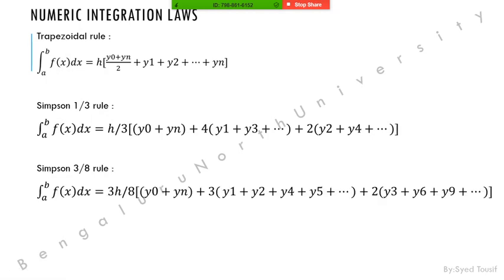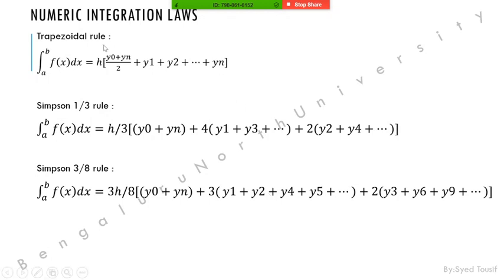And when we come to Simpson 3/8 rule, this is also very simple. Here, instead of h we are using 3h, and instead of 3 we are using 8, with the initial value and the final value of x, and 3 into the remaining values, and 2 into multiples of 3. In this one, 2 into multiples of 3 will come, for example 3, 6, 9, 12, 15. And all the remaining values, except the first and last values, we are going to put in the 3 into values. Okay, this is the Simpson 3/8 rule.